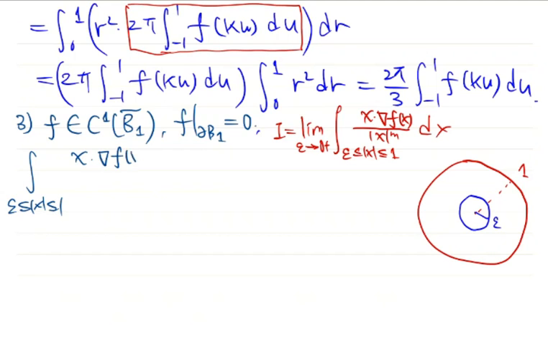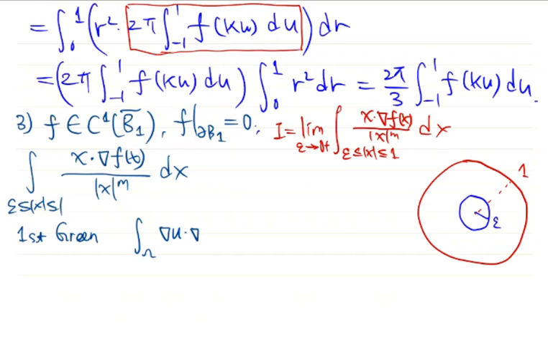x dot gradient of f(x) over the norm of x to the m. So we have the inner product of x with the gradient of f. This makes us remember the first Green identity. The first Green identity tells us that the integral of the gradient of u dot the gradient of v